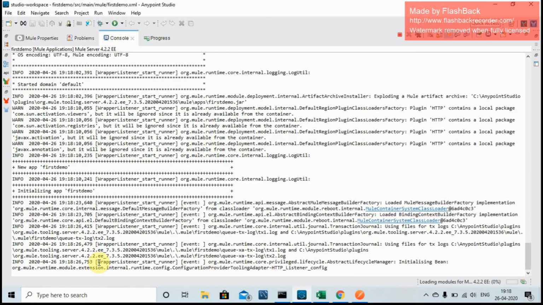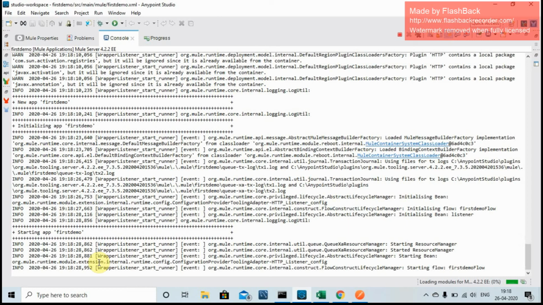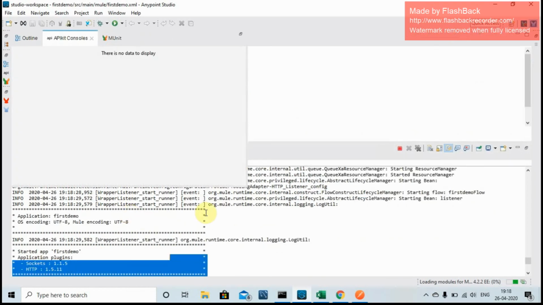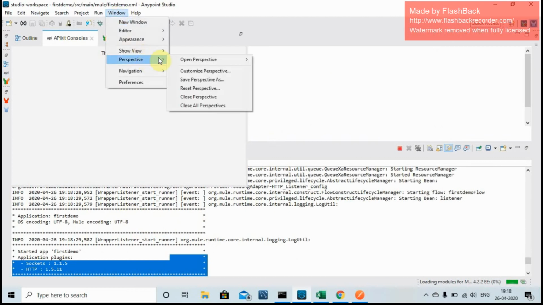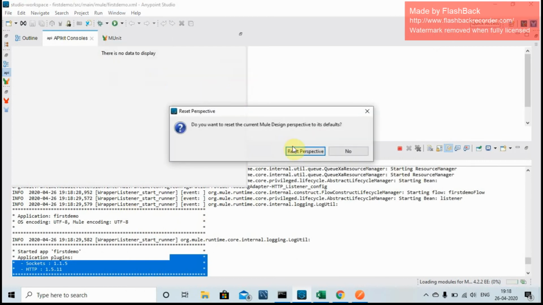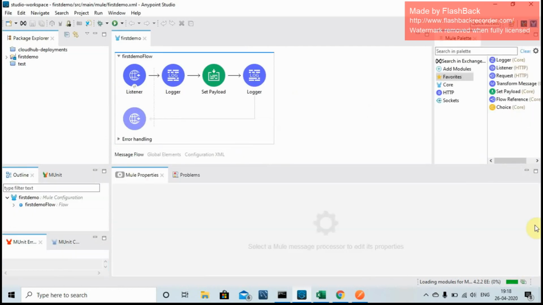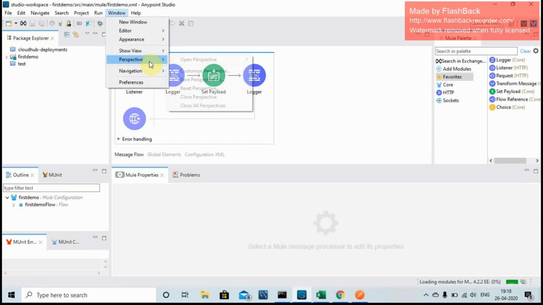We will give it a minute. So here you can see it is being deployed. One second, let me set it up again. I need to reset the perspective as it was before. One second, guys.